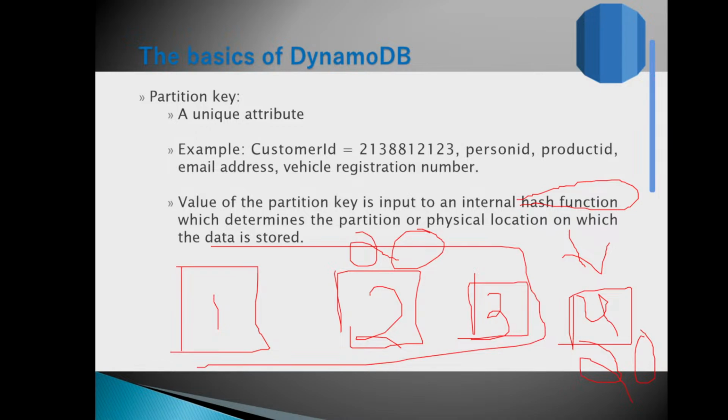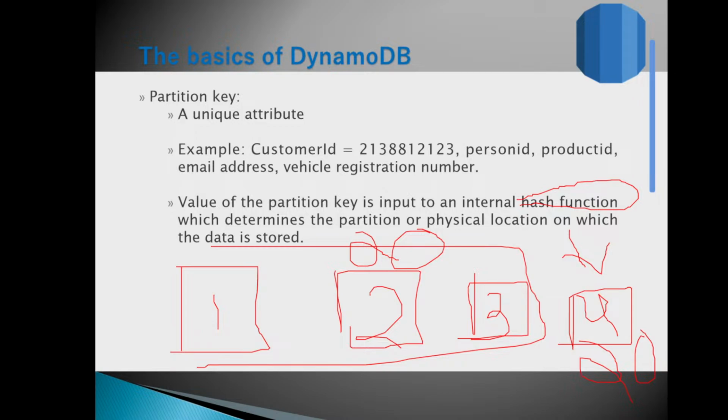Amazon DynamoDB uses an internal hash function which determines which record is to be stored in which file. If a huge number of files are present, it will be difficult for DynamoDB to search in each file. That's why it is predefined that this record will be stored in this file, just like your